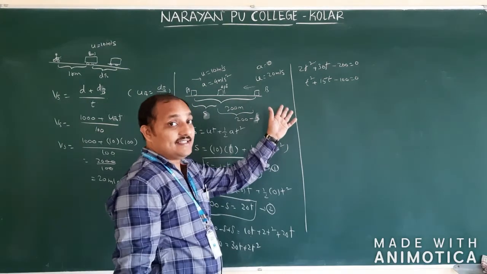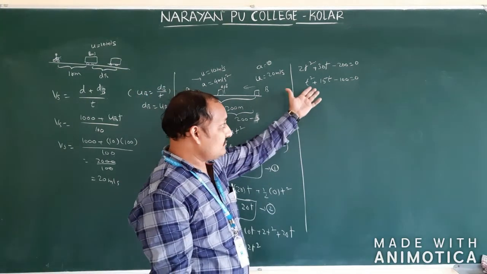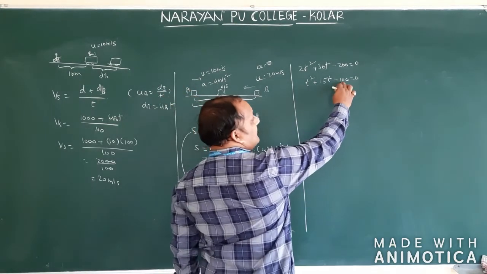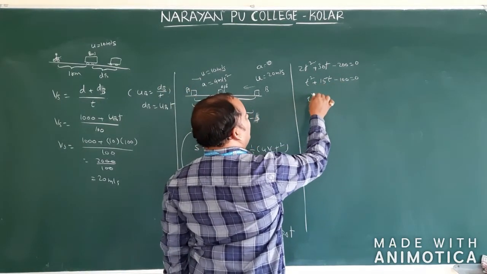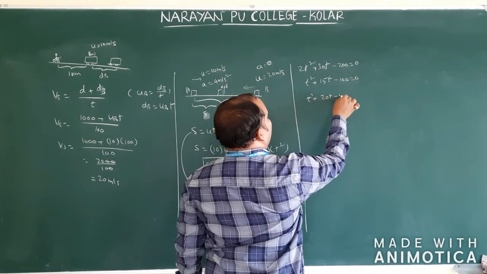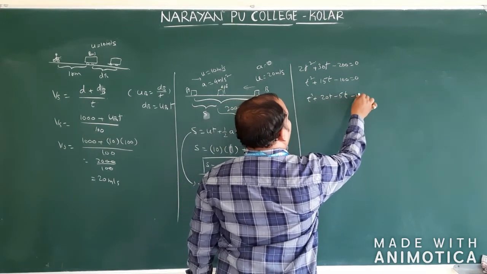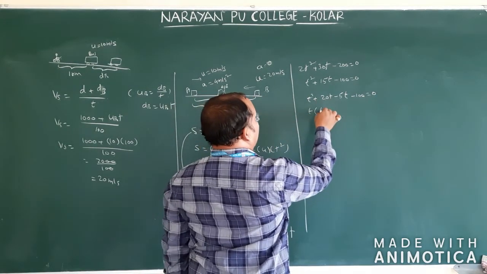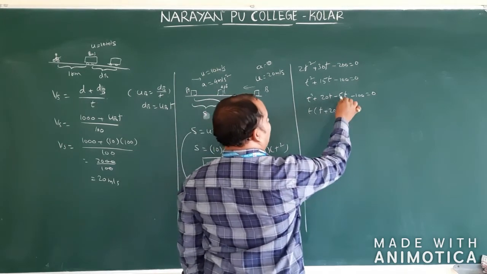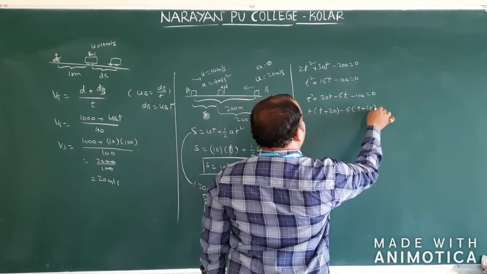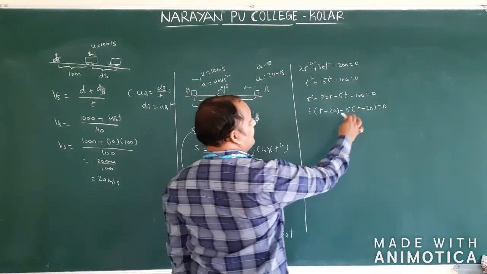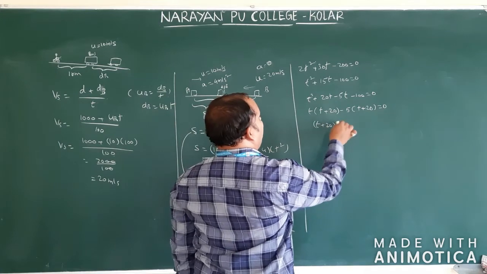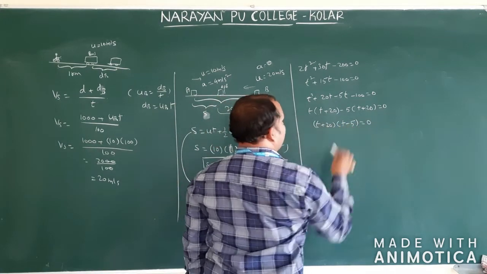This is again ax square plus bx plus c. So 20 into 5, 100. Therefore, how we will write 20 into 5? t square plus 20t minus 5t minus 100 is equal to 0. So, t, t plus 20. Here minus 5, t plus 20. So again if you multiply you should get this one. Correct or not? So t plus 20 into t minus 5 is equal to 0.